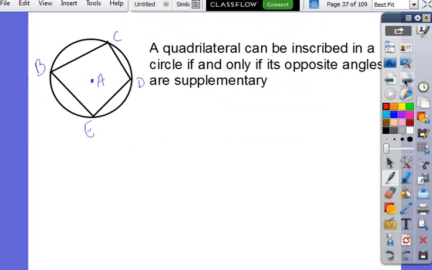All right, this one right here, I tried to get us to understand it, and for some reason we did not. The rule says the opposite ones are supplementary. What does supplementary mean? 180. They add to be 180. So in this case,